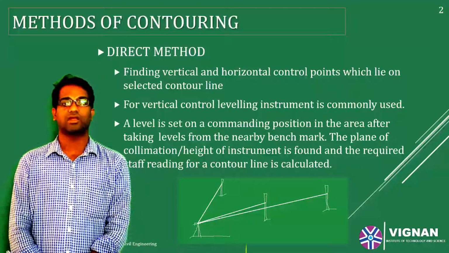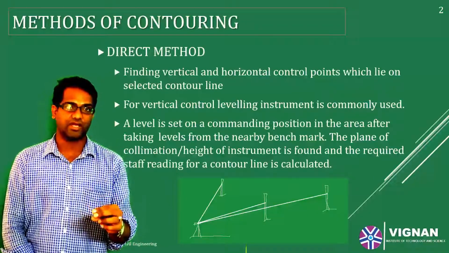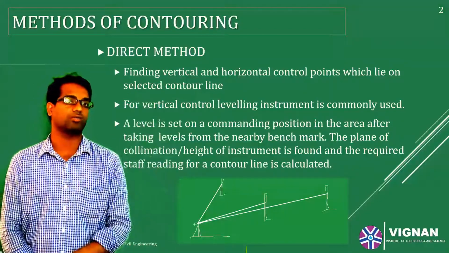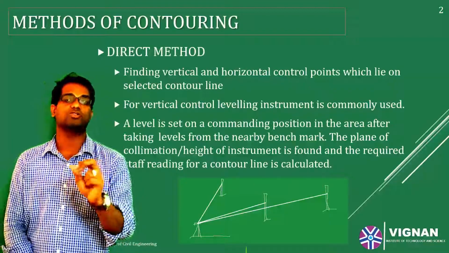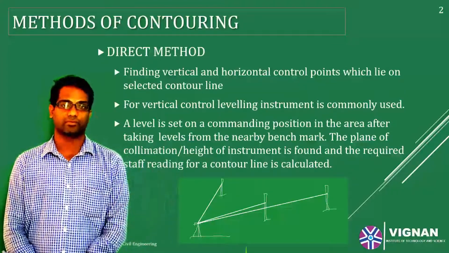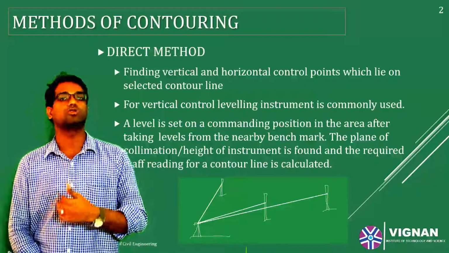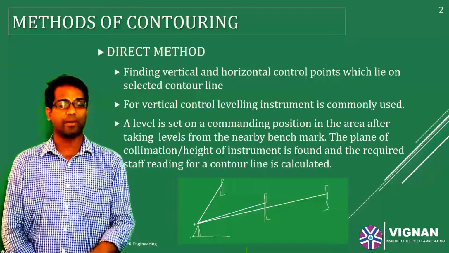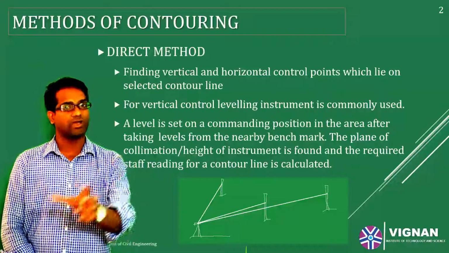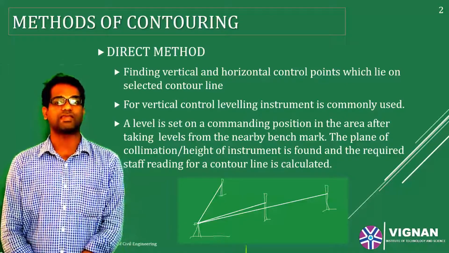As I mentioned, in the direct method, not just finding the contour line is important, but also where exactly the point is. So we need 2 control points, vertical and horizontal, where we can start measuring. This is normally done by setting up a dumpy level on an already known contour line. For example, a known contour line is drawn as shown in the figure below. You can see a small line I have shown there. And on that contour line, an instrument is set up.